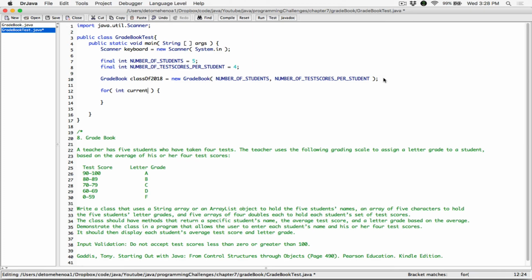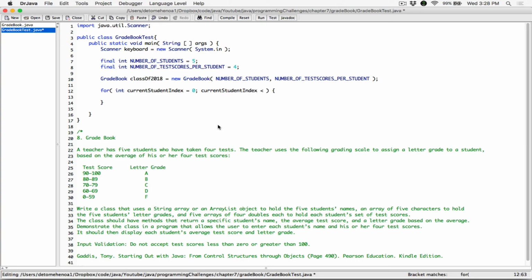The second array is going to be the scores of the second student, and so on and so forth. So for int current student is equal to 0, and now we're dealing with an index here. We can actually use the word index, current student index, if you want. So for int current student index is equal to 0, as long as the current student index